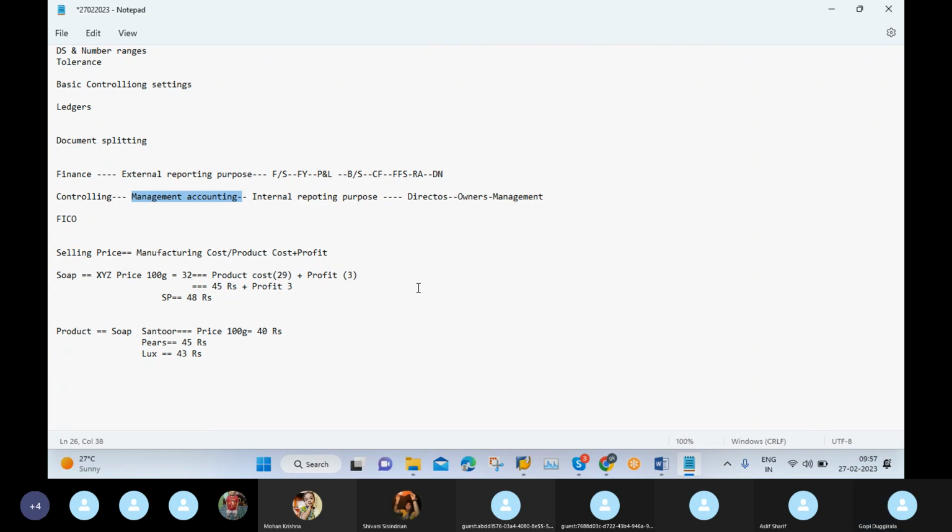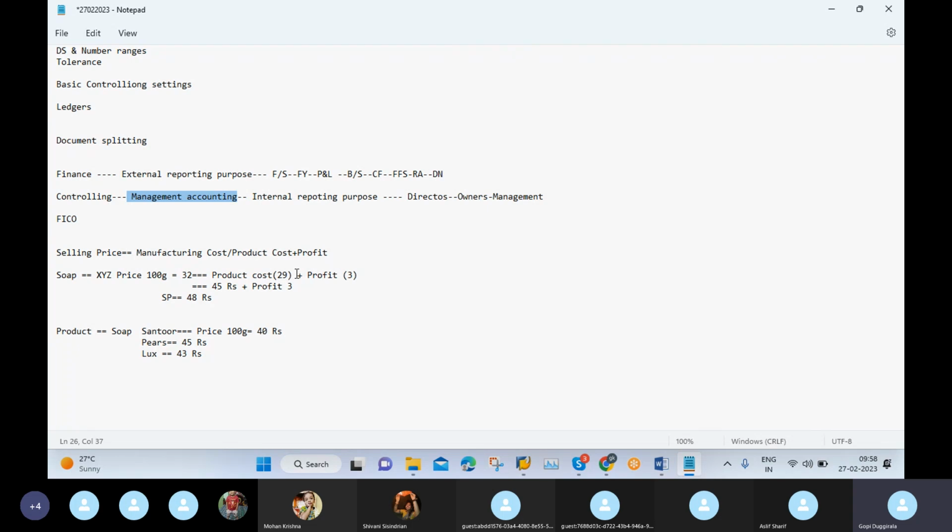These are all the strategies that come into this area, management accounting. If you want to go to market with this price, we have to control it by taking good managerial decisions using the data available in management accounting. Only then can we succeed in the market. That's the reason why, in manufacturing, management accounting and overall controlling play the key role.